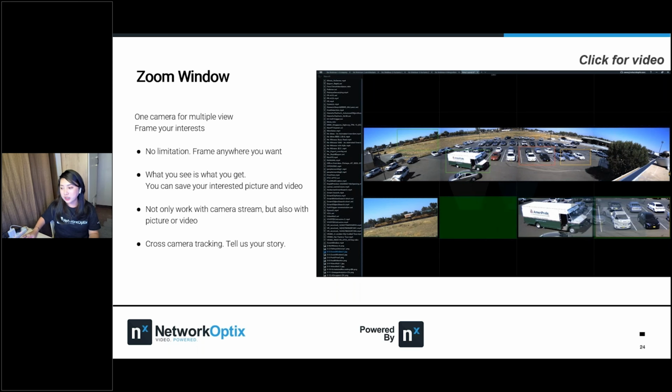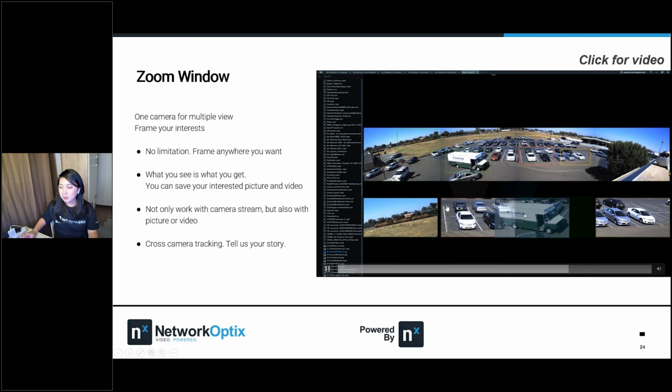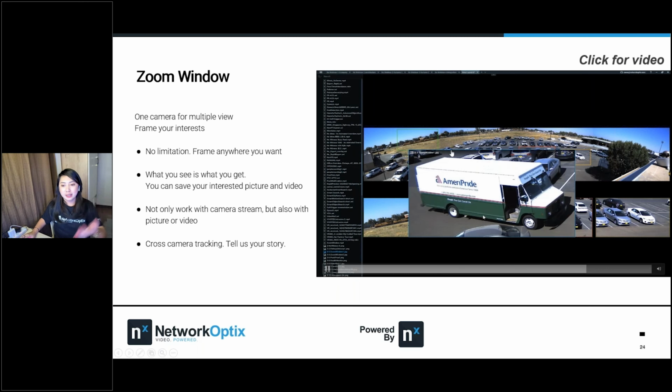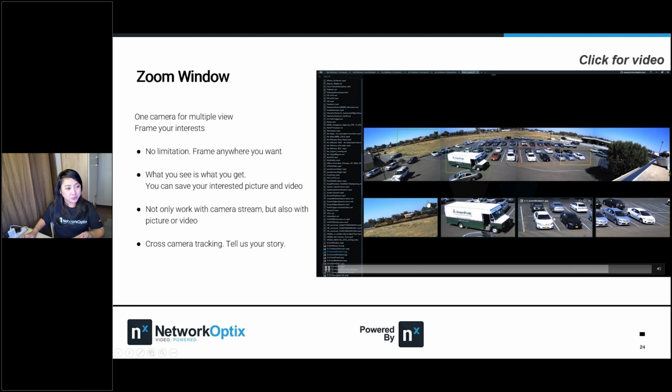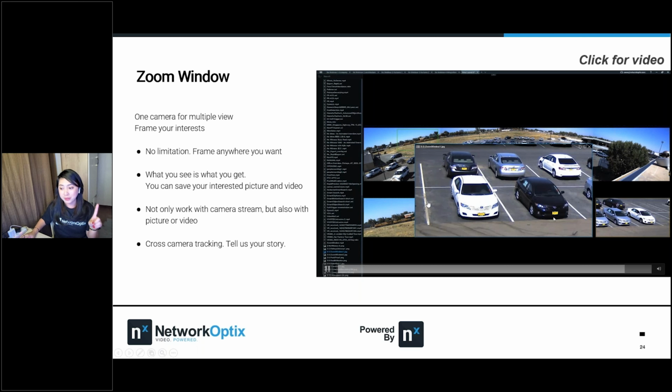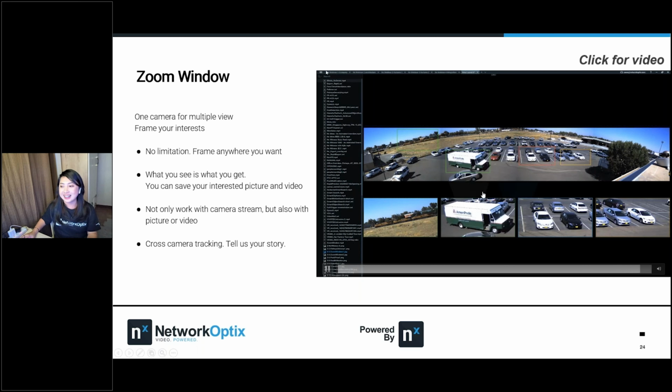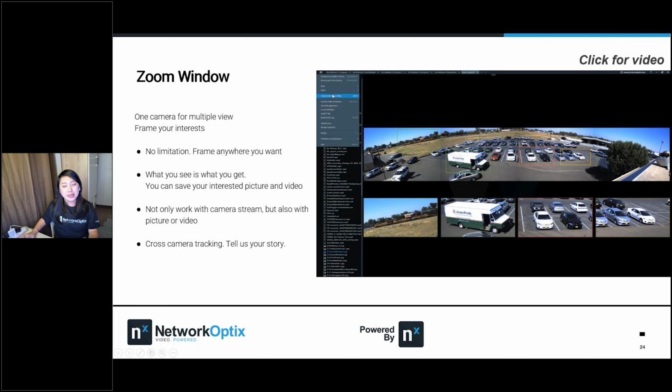Right here, you can arrange your zoom screens. Basically, you can create multiple zoom screens using one camera, which is really interesting. And I believe Nx is the only VMS company able to do this.